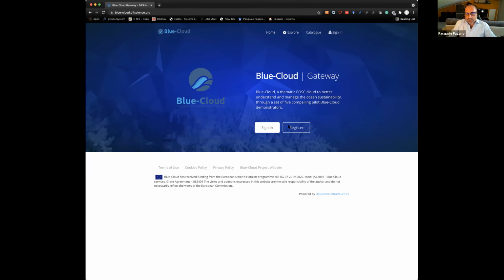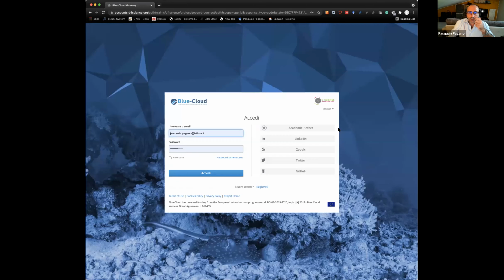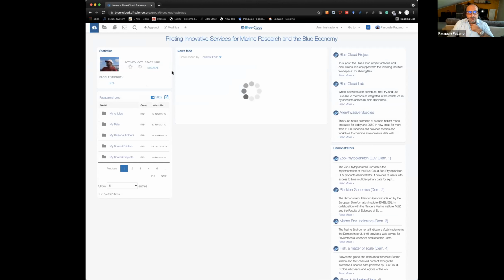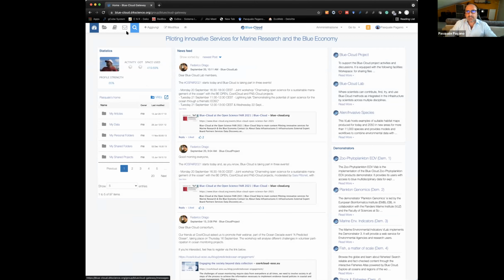you have to register or to sign in. Clearly, for the registration process, you don't need to create a new account. You can log in with your academic, or your LinkedIn, Google, Twitter, or GitHub account. So you can use one of your already existing digital identities, and you can access. When you access the environment, you are presented with this interface where on the top you have a bar with the common facilities,